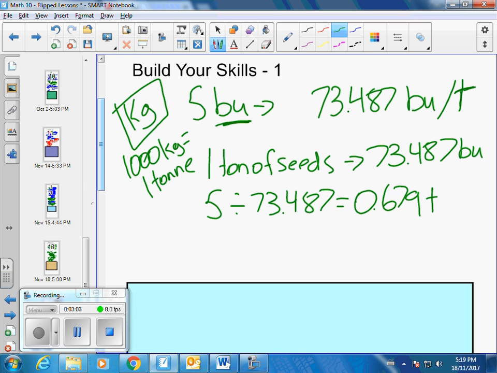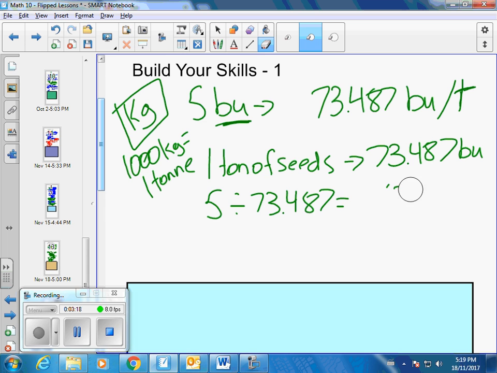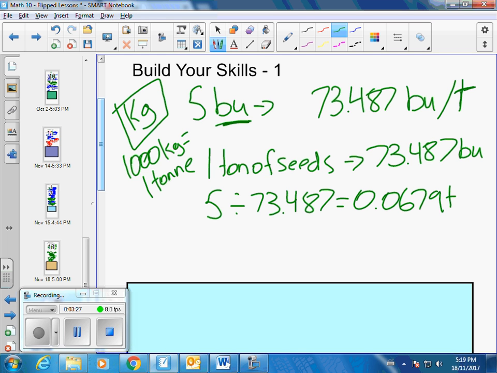So I now need to multiply this by 1,000. Sorry, not divide, multiply. 0.679 tons multiplied by 1,000 gives me an answer of 67.9